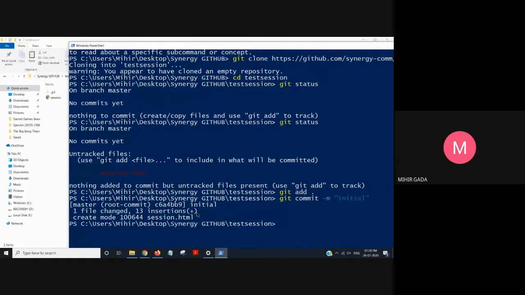Now I want to add this to my server. Server is my GitHub account. To do that, I will use git push origin master. The reason for adding origin master is that currently I have a single branch, and I am adding to the top of my branch. You must be knowing that you can add one after the other, so this commit will be added at the top.